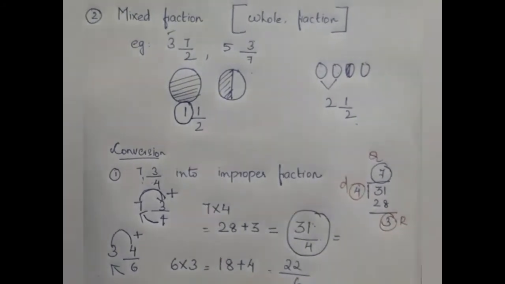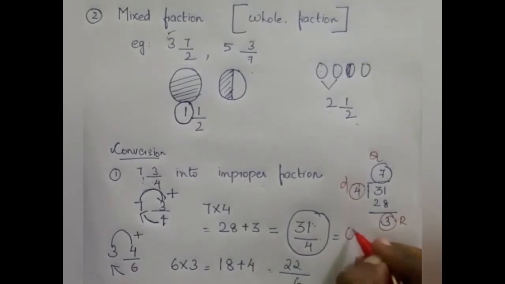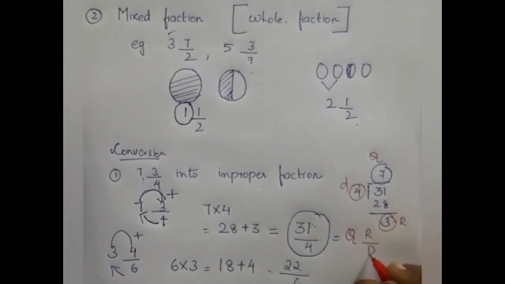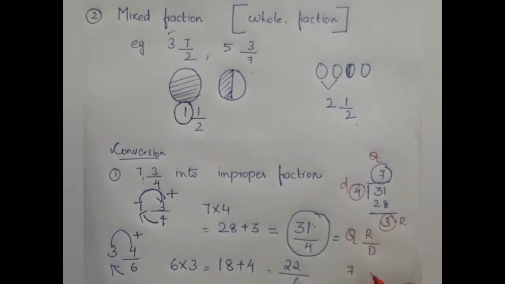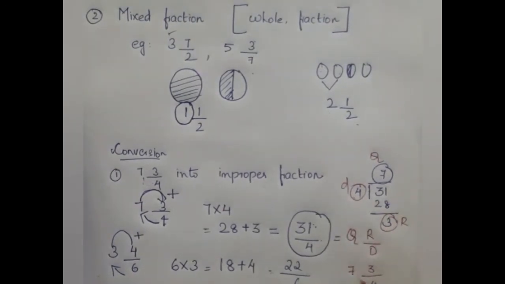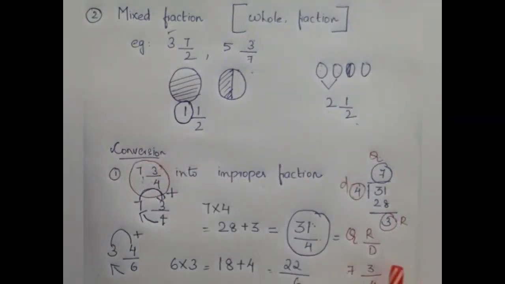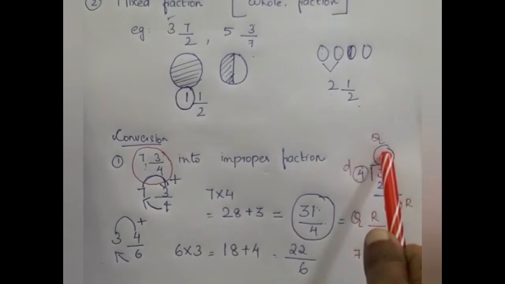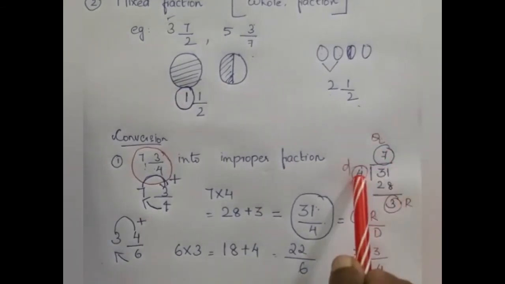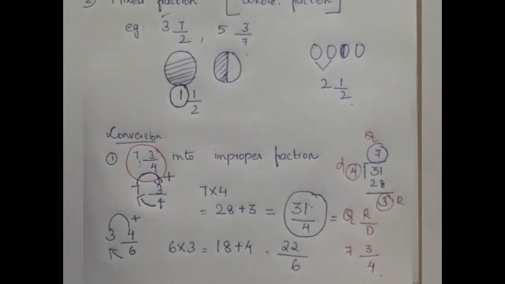So when making a mixed fraction, we know we need a whole number and also a fraction. So the first thing is how we have to write it, in the form Q R/D. That is quotient, remainder, divisor. Okay, what is the quotient? 7, remainder 3, divisor 4. 7 3/4. Wasn't 7 3/4 our mixed fraction of 31/4? 7 3/4. Okay, so how will you write? Quotient, remainder, divisor. This is the quotient, this is the remainder, and this is the divisor. Like that you have to write.